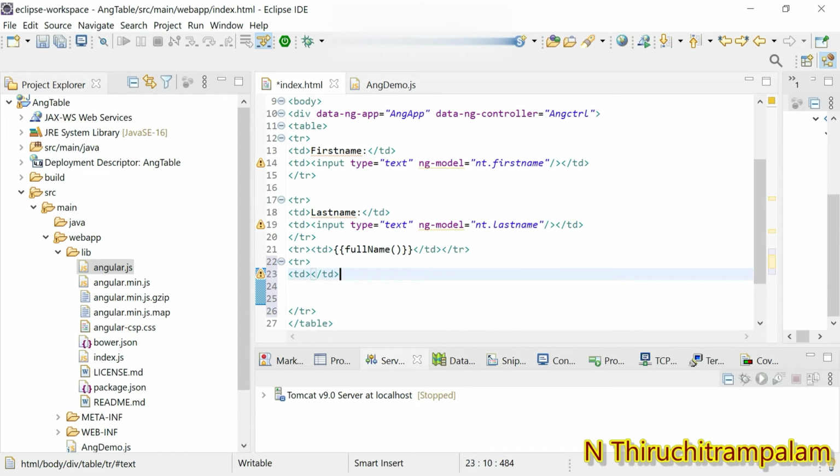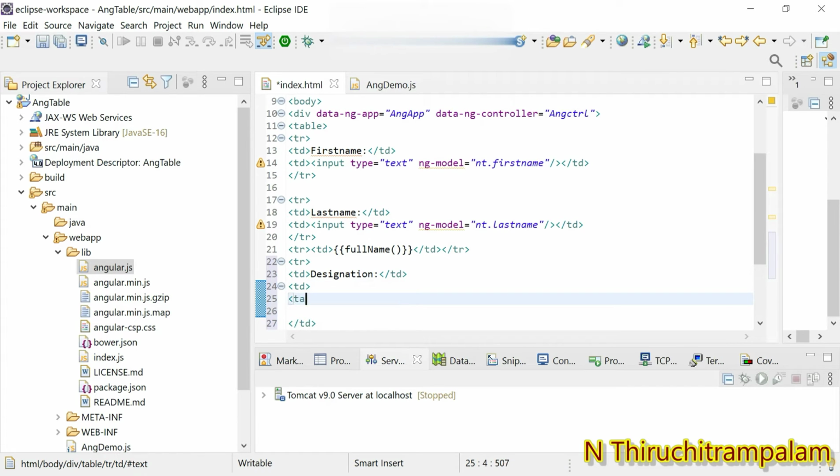Okay, and here in the td element you give the value designations. Create one more td element. In this td element we are going to create